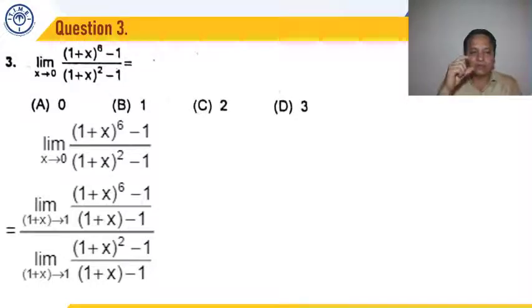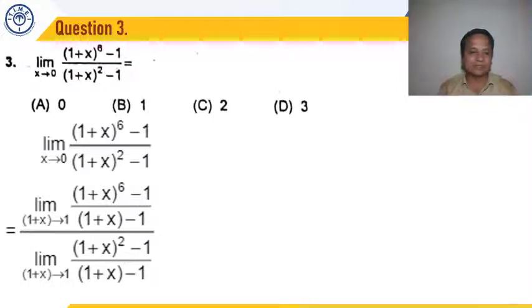So if you look at the expression, we have to find the limit of the two functions, f(x) upon g(x). So what we do, we find the limit of f(x) in the numerator as well as the limit of g(x) in the denominator, and then divide the values of the limits. We are using a basic property and we replicate this into standard form. (1 plus x) to the power 6 minus 1 upon 1 plus x minus 1, whole upon (1 plus x) square minus 1 was given, we divide by 1 plus x minus 1. So now both of these forms are replicating the standard form.